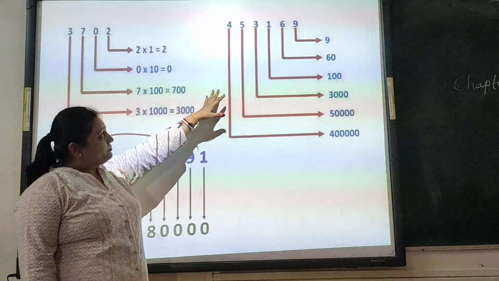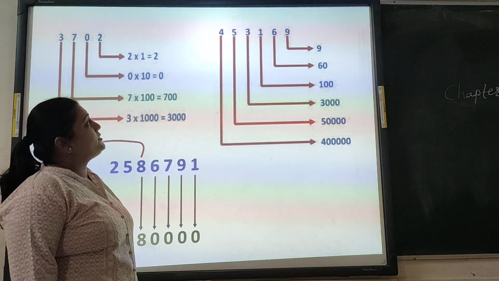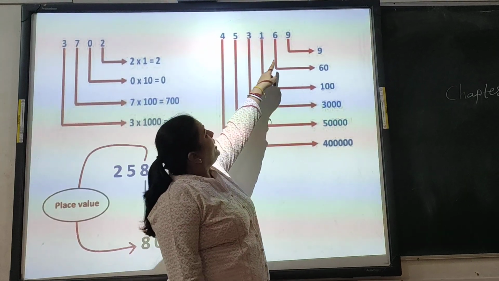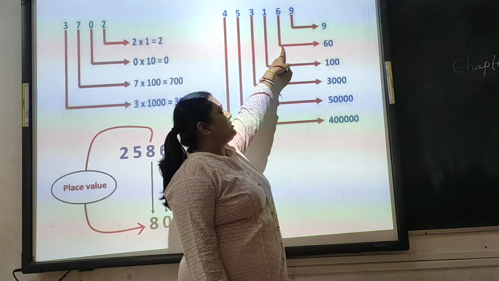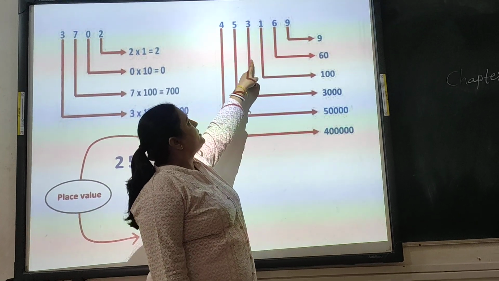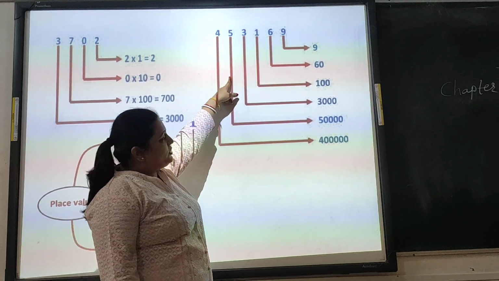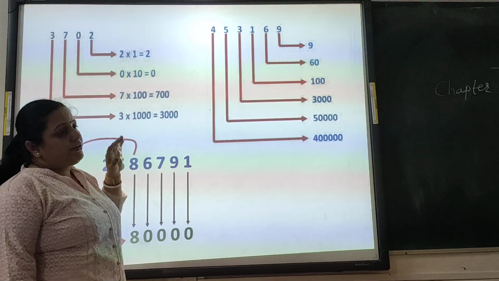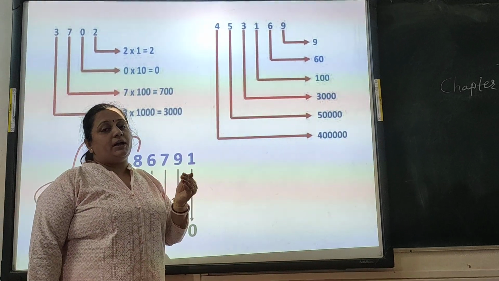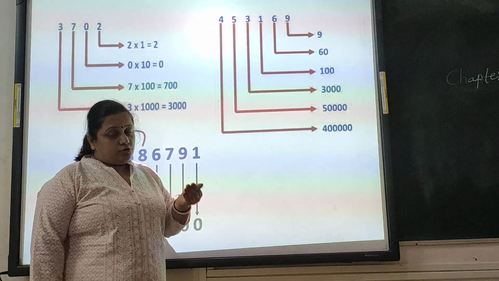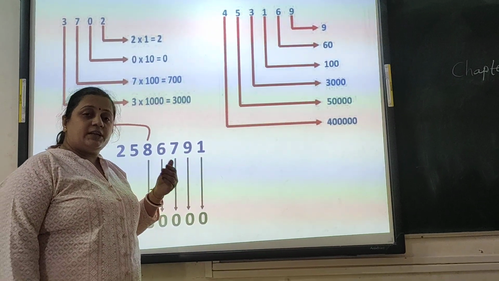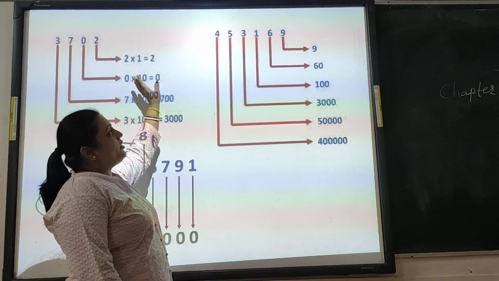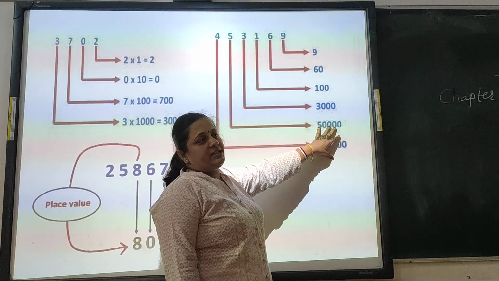Now let's go to a 6-digit number. This is the 6-digit number, 453169. Now here, see 9. 9 is on the unit place, 6 is on the tens place, 1 is on the 100 place, 3 is on the 1000 place, 5 on the 10,000 place and 4 is on the lakh place. So what I told you is that we get the place value when we multiply the digit with its place. Whether the place is tens, 100, 1000 or 10,000, accordingly we multiply the digit as I have shown you here. Now here I am not doing the multiplication, directly I am writing the answer.